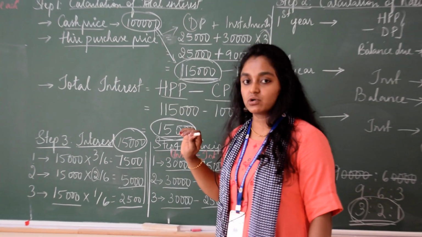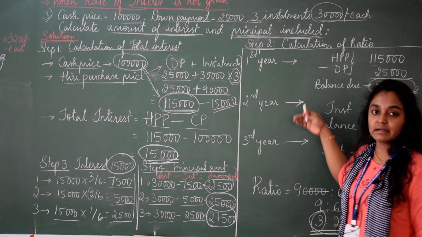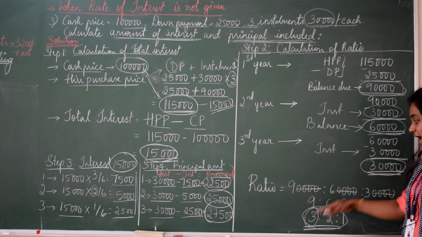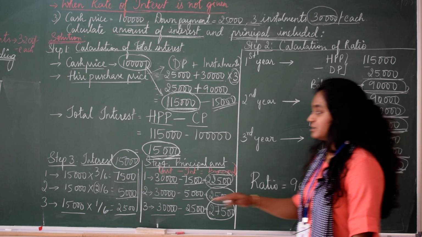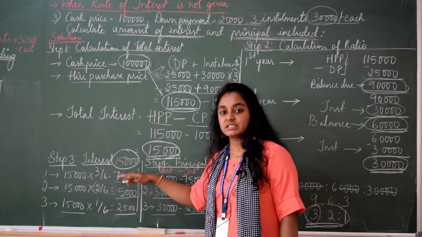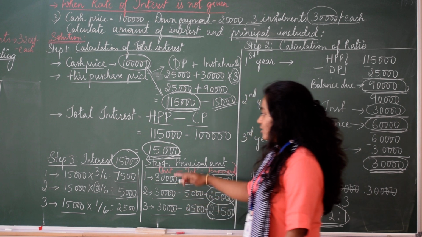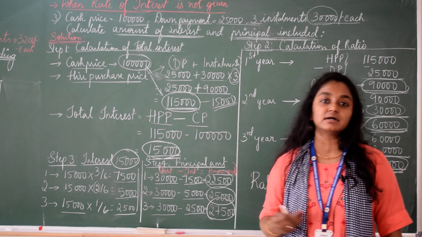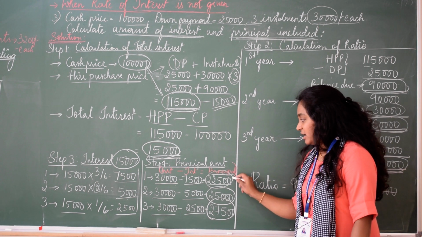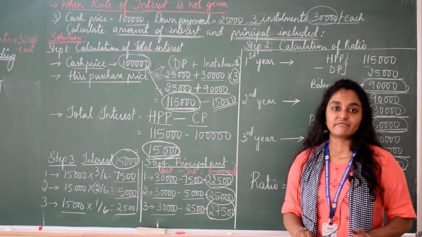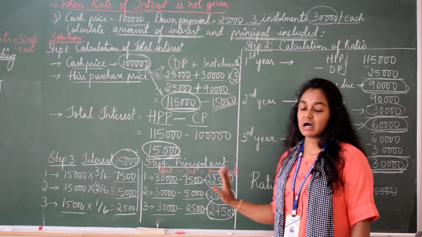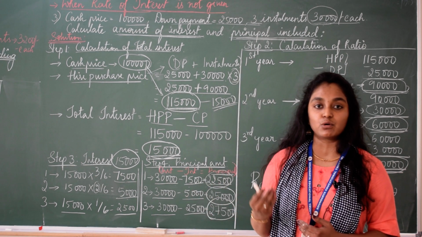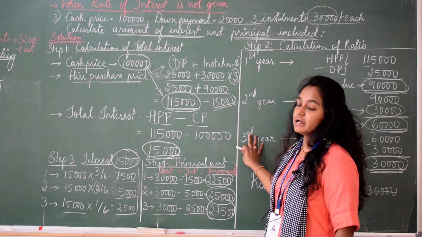This is how we calculate the hire purchase price, and using that total interest, in the step 2 we also calculate the ratios using the balances in the first year, second year and third year. After finding out ratios, we will use these ratios to segregate the total interest for all the years. After segregating, we find out what is the principal amount that I will be paying in all the 3 years. So principal amount is nothing but that is exclusive of interest amount. So with this 6 marks question, in the coming sessions we will see how to calculate depreciation, how to give a journal entry or a ledger account in the hire purchase systems.